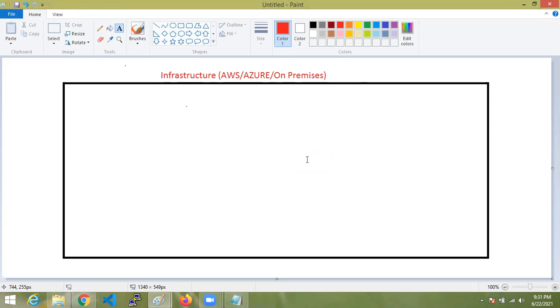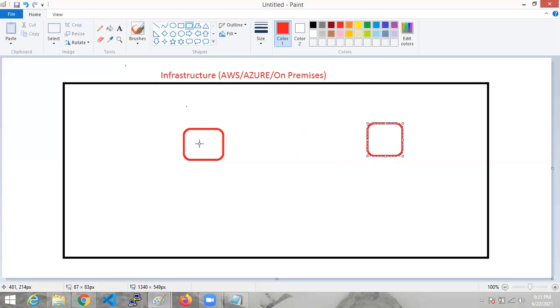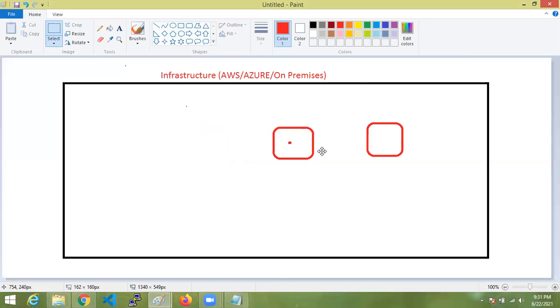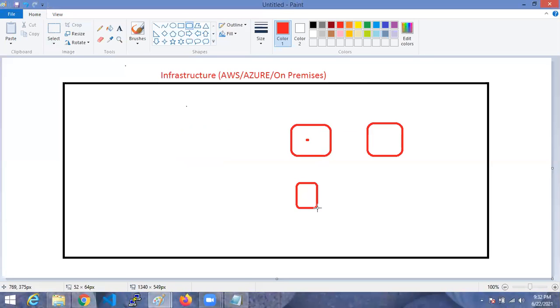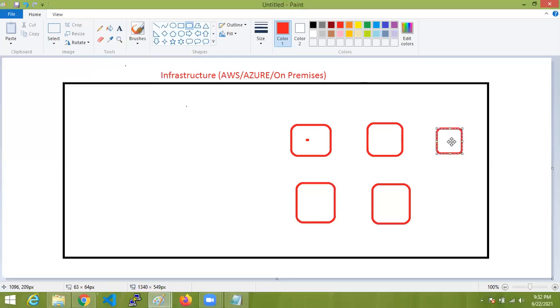In Kubernetes architecture, we simply call them nodes. Assume for example, these are all known as nodes.